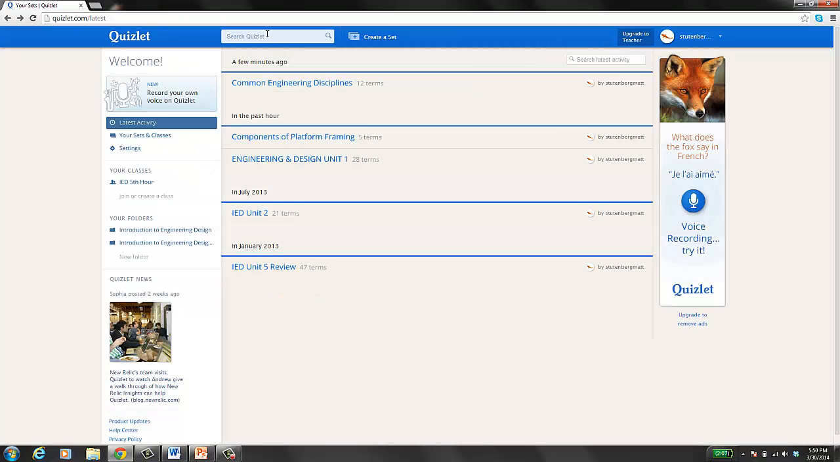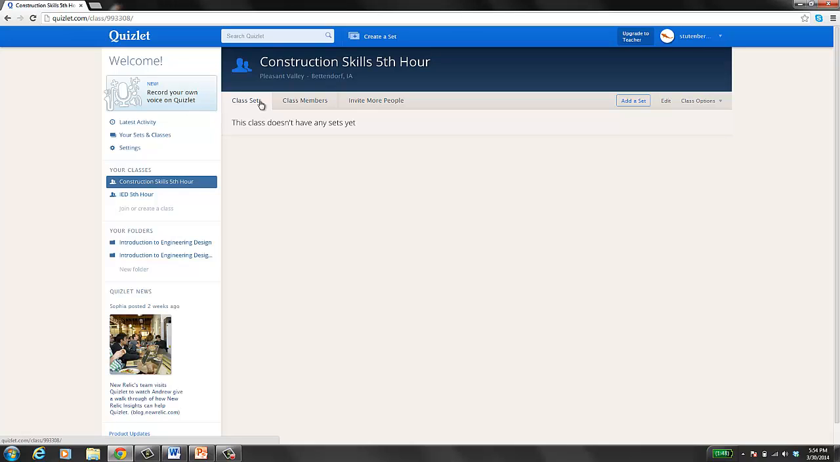Once you've created an account, you'll be brought to this screen. Anytime thereafter, when you log in, this screen will also pop up as well. On the left-hand side here are really items that you want to take a look at. Your sets and classes gives you the ability to actually organize sets, definitions, and terms into specific categories. At this point, we need to create a set that we will ultimately put in our construction skills 5th hour